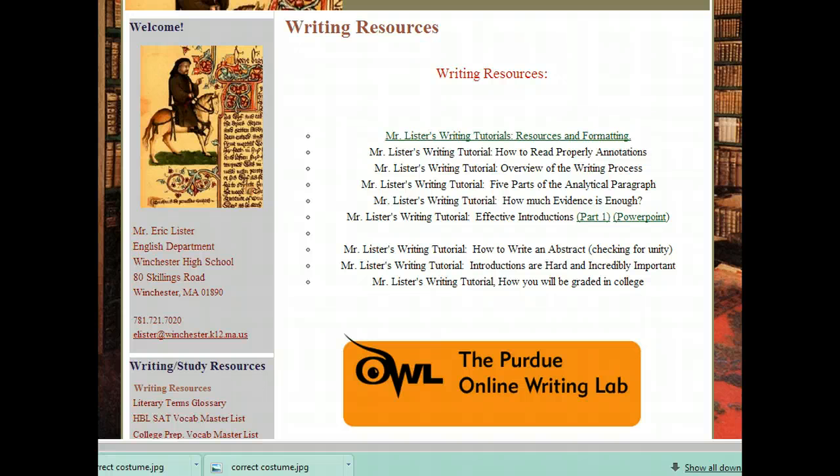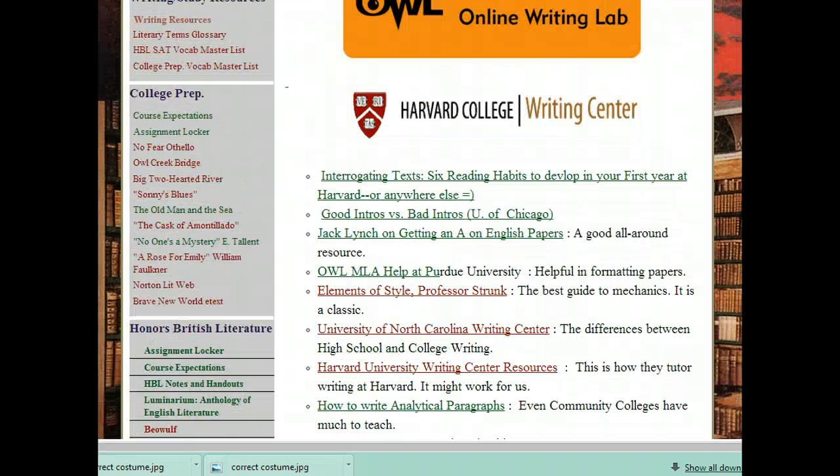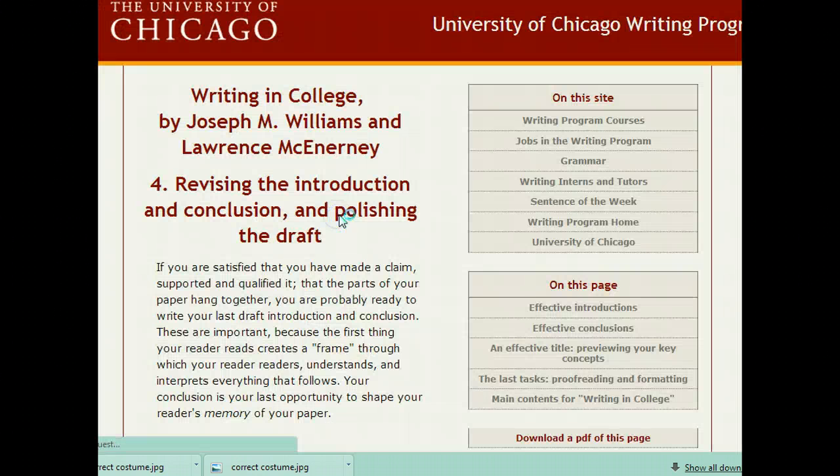And I hope that's one of the key elements that allows for technology and education to be useful. Scrolling down the page then, again, we have all college writing resources here because I'm interested in you learning how to write for the future, not to write for yesterday. We're going to click on Good Intros versus Bad Intros at the University of Chicago. And this is going to take you to their writing program and their series of resources that they have available